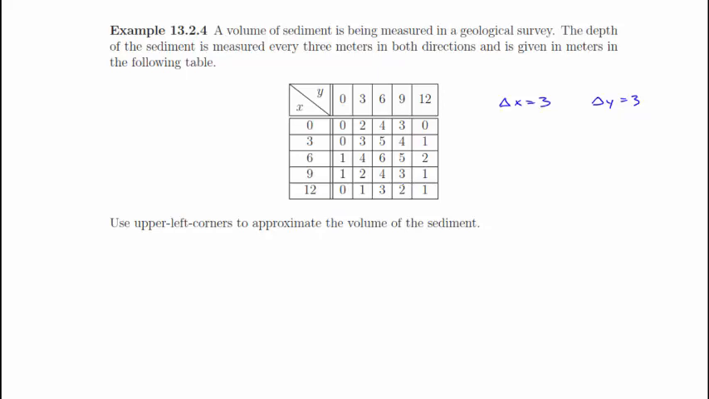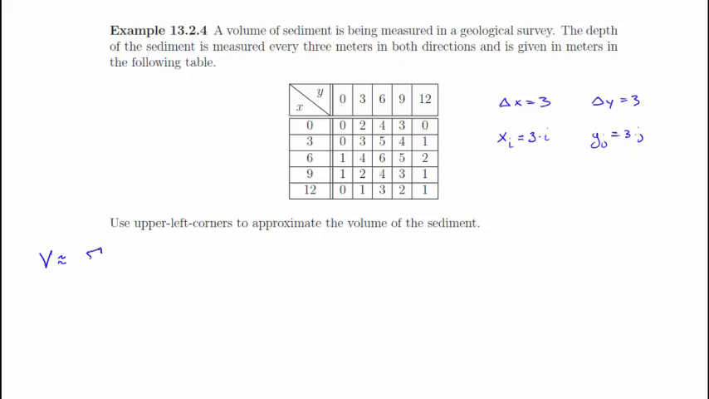So if we then think our x sub i is going to be starting at 0, and then the delta x is 3 times i, my y sub j is going to be 3 times j, because again y starts at 0. So the volume is approximately, no limit now,